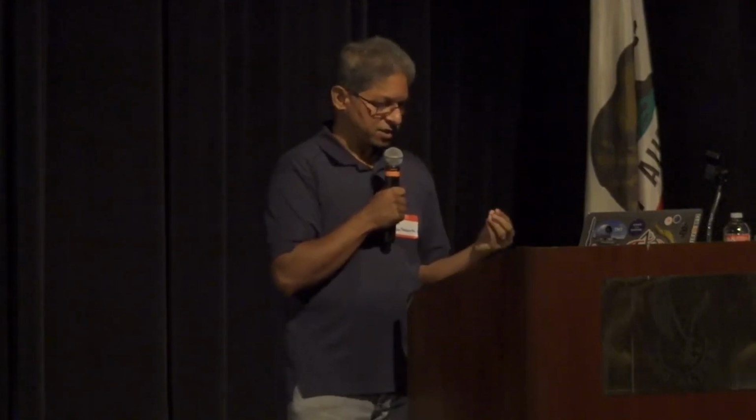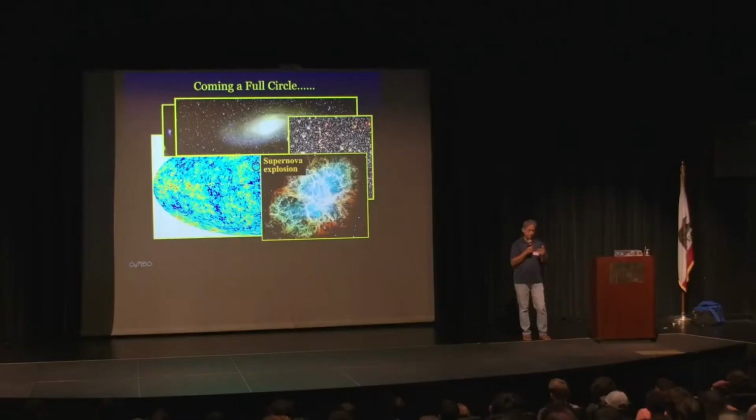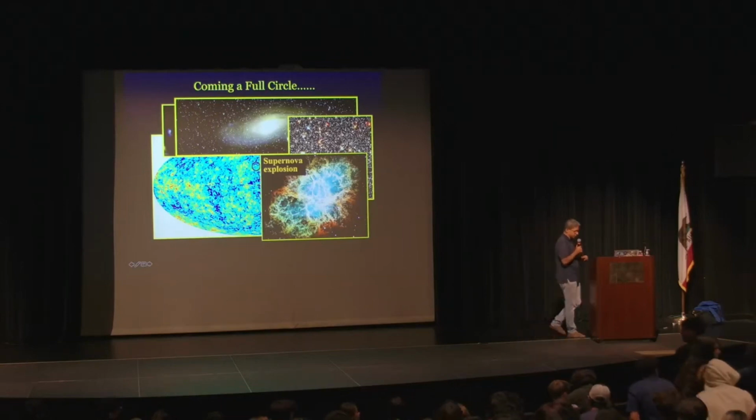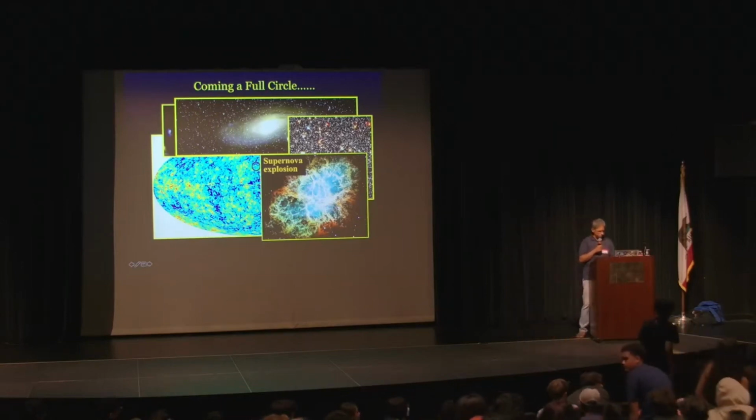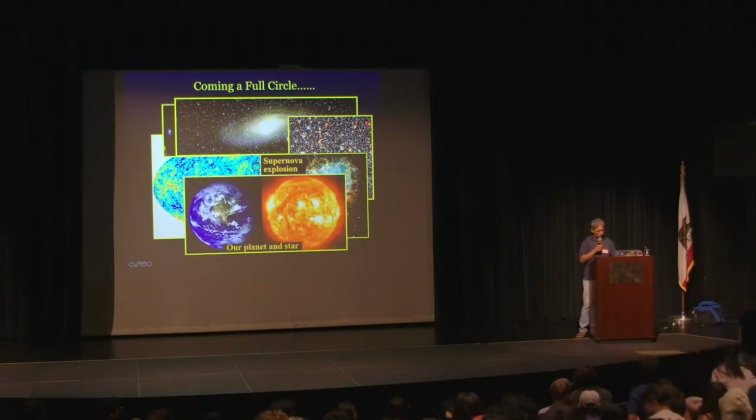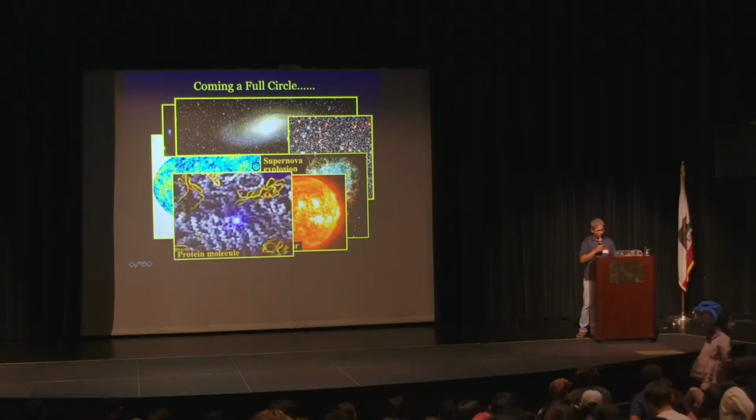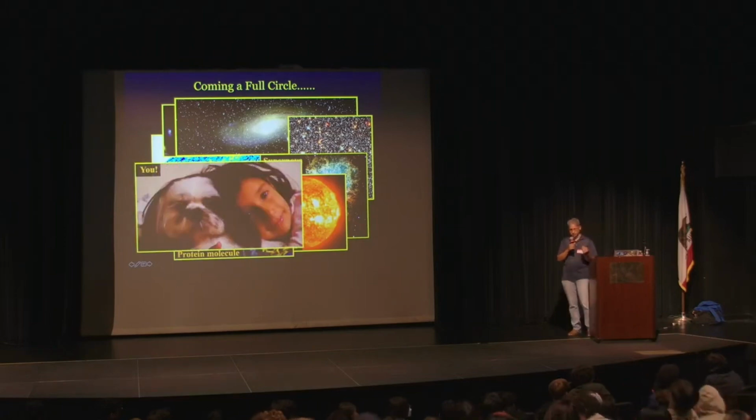Within that, there are stars that go through chemical evolution. Some of them explode, and it's in the interiors of stars and in their explosion that all of the elements in the periodic table, other than hydrogen and helium, are produced. So you and I are sitting here today because we're made of elements produced in these explosions. So there's our star and planet. There are wonderful molecules, protein molecules, and wonderful living things that come out of these molecules.